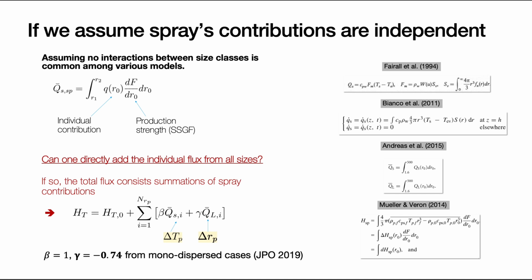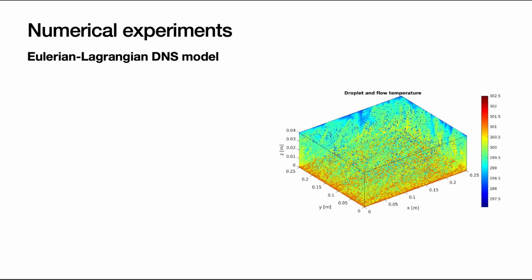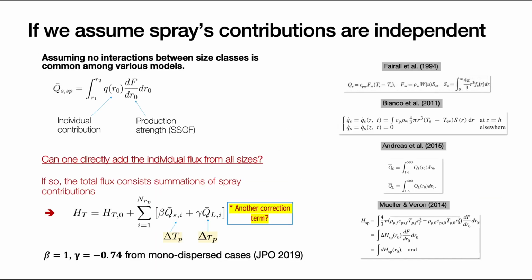If you look at different literatures, we can find that during the past decades, this is a very common way to do so. We will just directly pull out the bulk estimation for our model with the coefficient beta equal to 1 and gamma as a negative number, which means that spray will have a negative feedback effect on the interfacial heat fluxes. Those numbers were successfully applied to multiple sizes if we only consider one size. So we make this interaction between interfacial and spray as one package. Our question is whether we need another term to correct for the polydispersity when there is more than one size class.